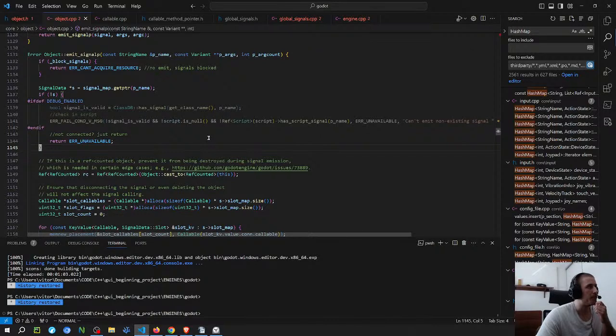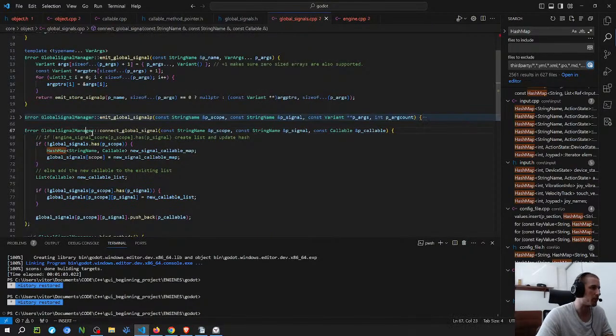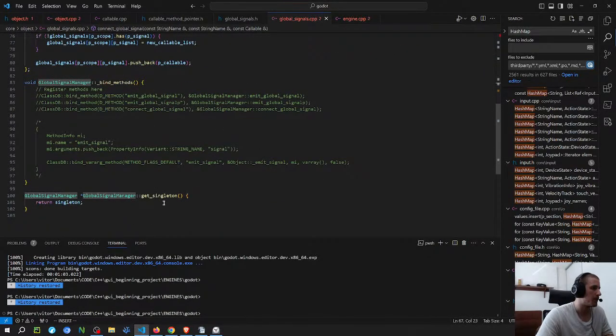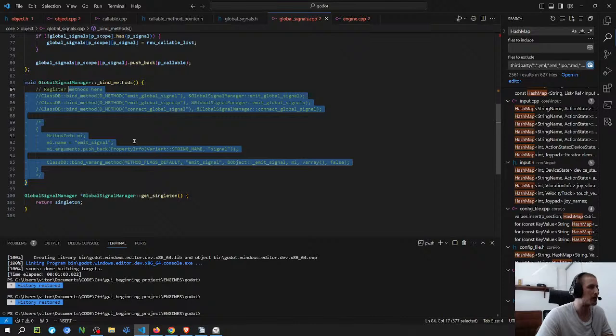Or I can figure out a way to, from the class, this class, but this is the problem, because I think if I want to have access, then I have to register everything here. So if I want to have access to the signals there, I have to bind the methods here.